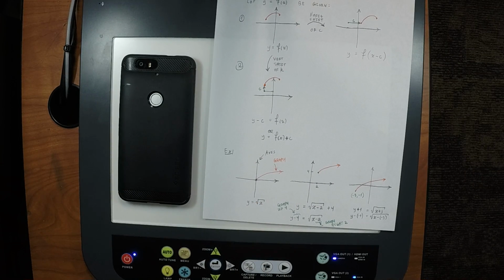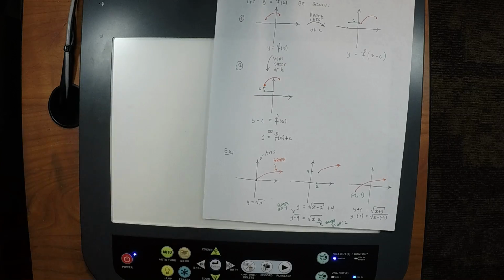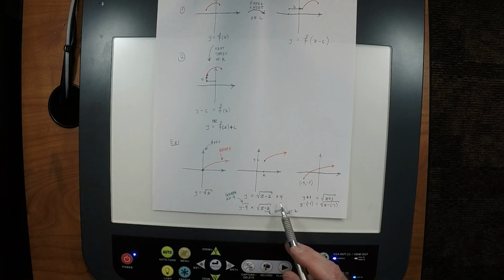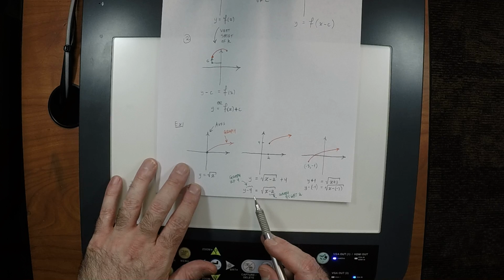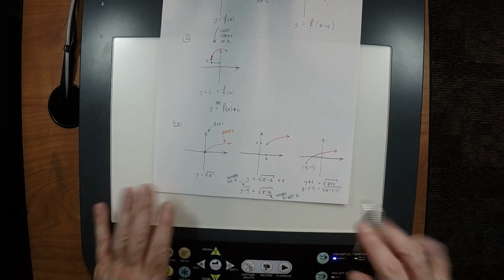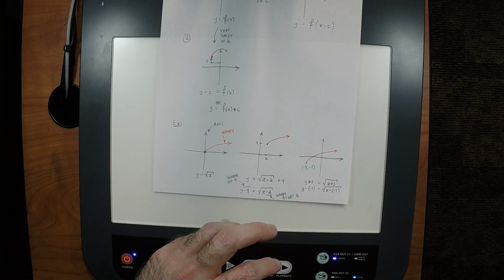Other questions? Yes? For the middle one, y equals square root of x minus 2 plus 4. If we were given something like that on an exam, would we have to format it this way to get 3 points? No, not necessarily. But I mean, here's the deal. We're about to talk about a couple more transformations, and